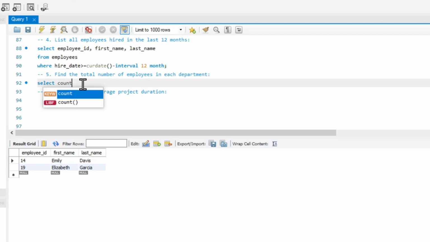We need to use count here, count all, and we need department name, and count as total number of employees,